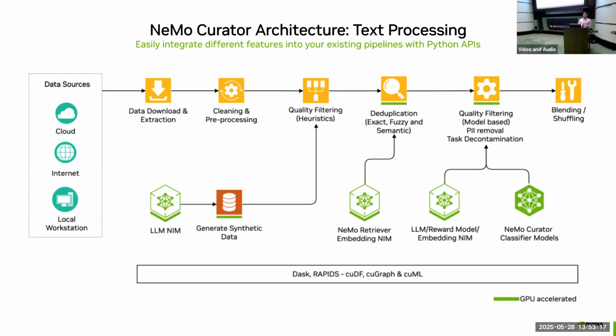And at this stage, you could include any other sort of custom filter that you want. So if you were looking at code, for example, you could remove really long lines of code that may be irrelevant, or you could remove comments or something like that. Here in this stage, you can also introduce some small classifier model, which may be a neural network that compares your documents to documents that have been labeled as high quality and documents that have been labeled as low quality, and just do an additional filtering step here.